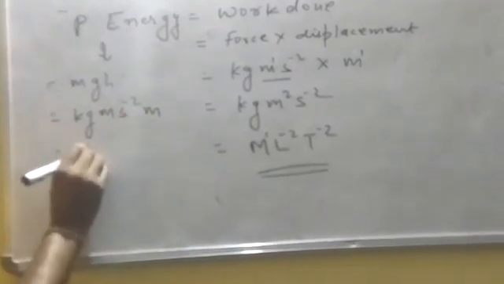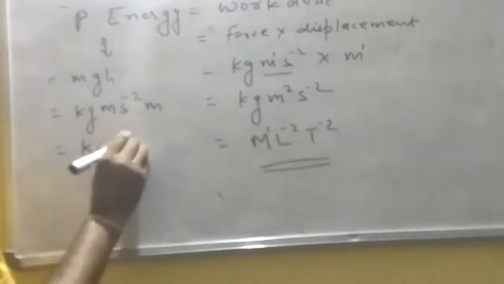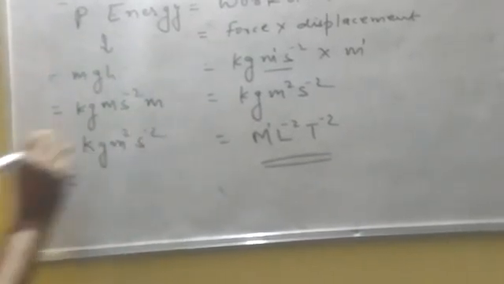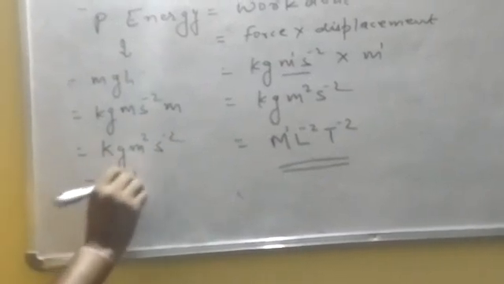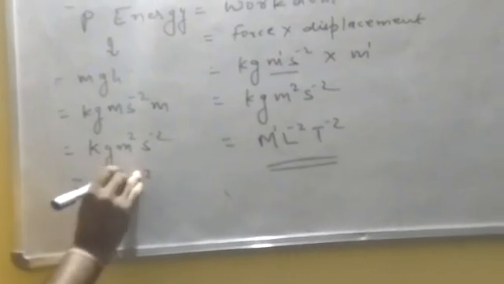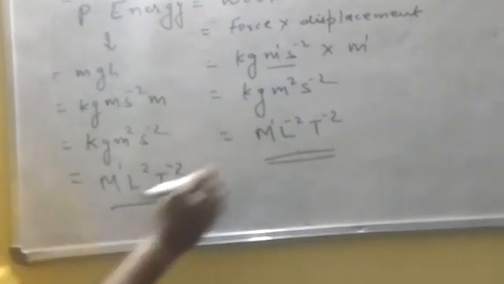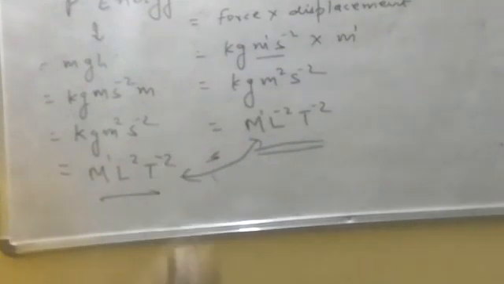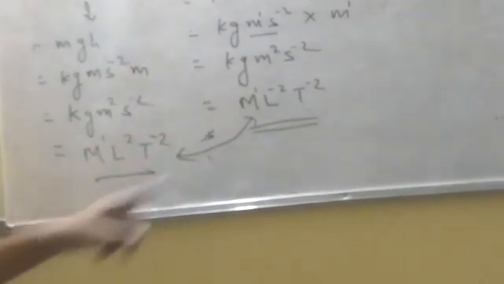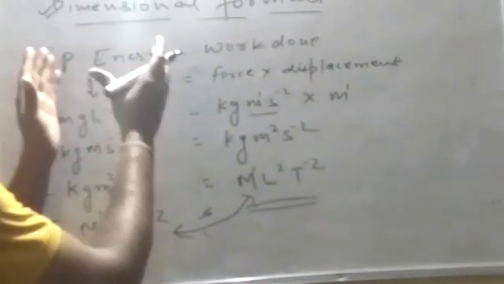So it will again be kg, meter square, and s minus 2. So kg is the mass again, so capital M लिखेंगे. M1, meter that is L2, and T minus 2. Do you see? Both of them are the same: M1 L2 T minus 2. So the energy of any form, whether it's potential energy, kinetic energy, or any type of magnetic energy, the MS formula for any type of energy is equal to the work. You see here, both of them are the same.